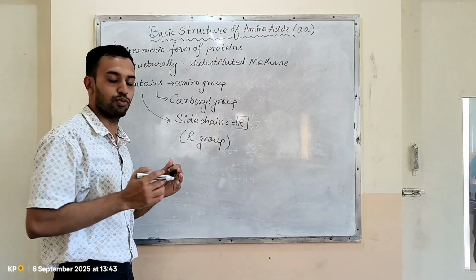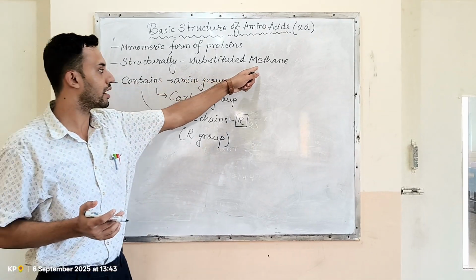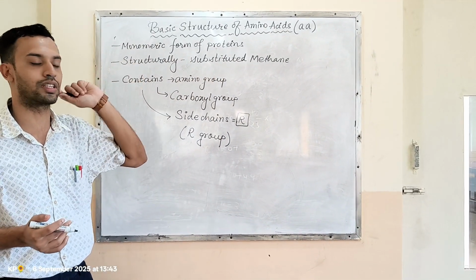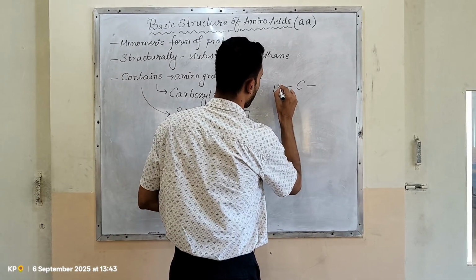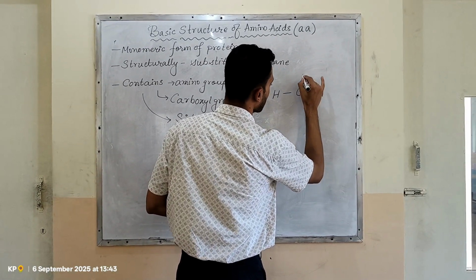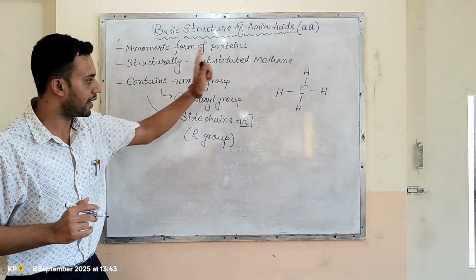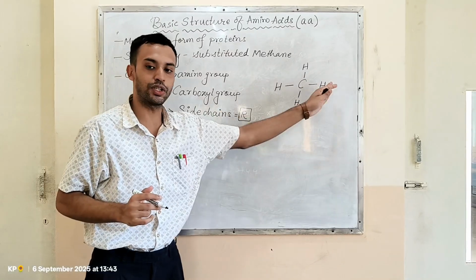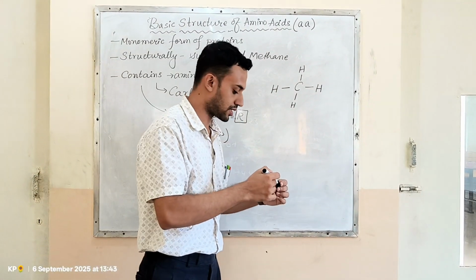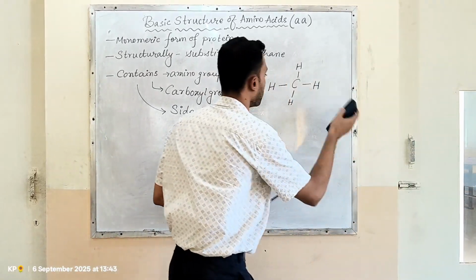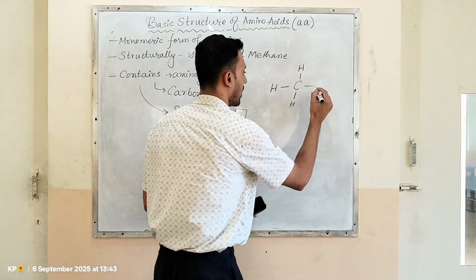As per the NCERT, the book that we follow, they are structurally similar to methane and sometimes referred to as substituted methane. Now, methane is CH4, so C with 4 bonds to hydrogens, a basic hydrocarbon. Now, in this structure, if I substitute, that means if I replace the hydrogen atoms by something else, for example, if I replace this by an amino group, which is NH2,